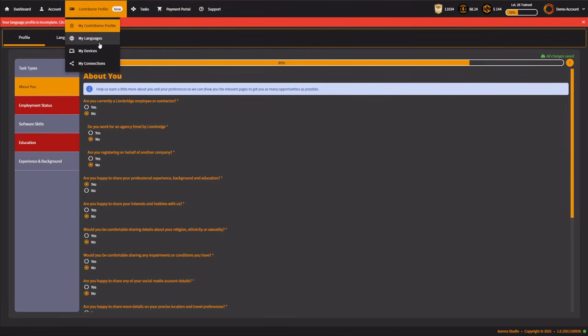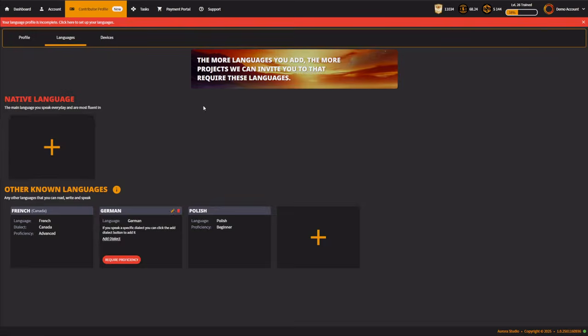And then secondly is languages. This is probably the second most important part of your profile. You can go there by clicking here, by clicking this tab here, or again clicking the banner if you have that. Now, the more languages you can add, the better. So if you speak any other languages, it doesn't matter how good you are. Even if you're just a real beginner, basics, please add it. There will be some projects that we can still match you to